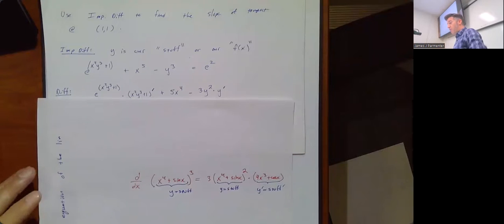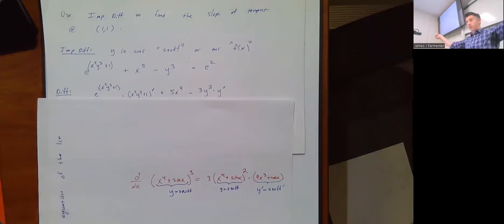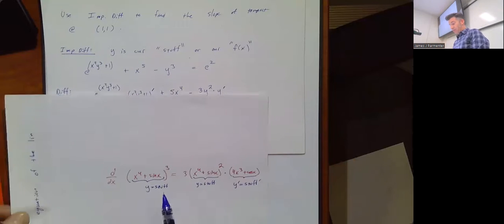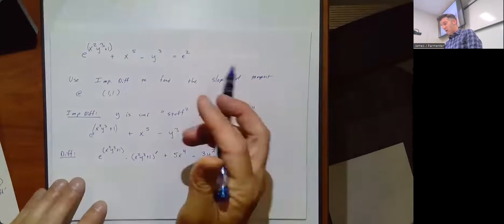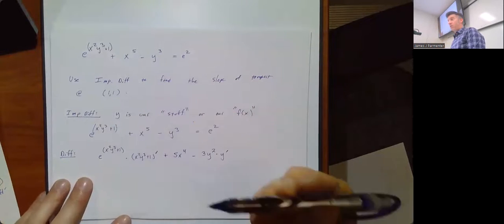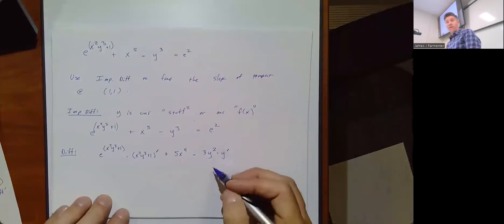Okay. The idea behind implicit differentiation, just to back up one step, is that it is implied but not explicit that y depends on x. Essentially, we are making the assumption, although it's not really true, but we're going to go with it anyway, that y is a function of x. So really, maybe y is equal to x to the 4th plus sine x. I don't actually know what y is because I can't take this equation and actually solve for y. But if I could solve for y, it would be some function of x.